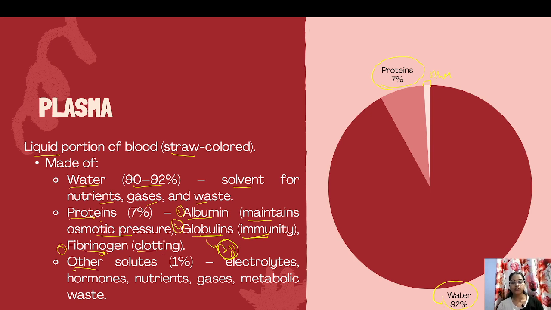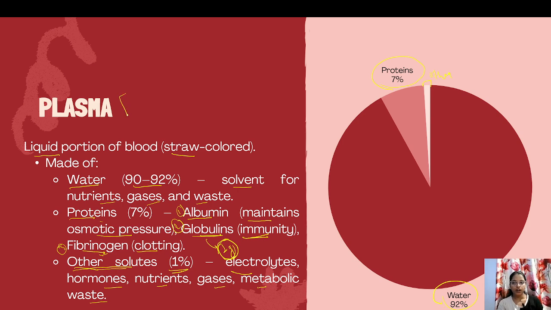Next, the third component of the plasma is the other solutes, which are present in only 1%. So these other solutes are electrolytes, hormones, nutrients, gases and metabolic waste products. So this is the composition of plasma. Next composition is